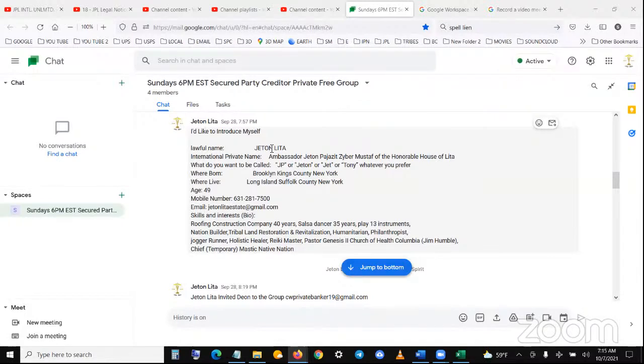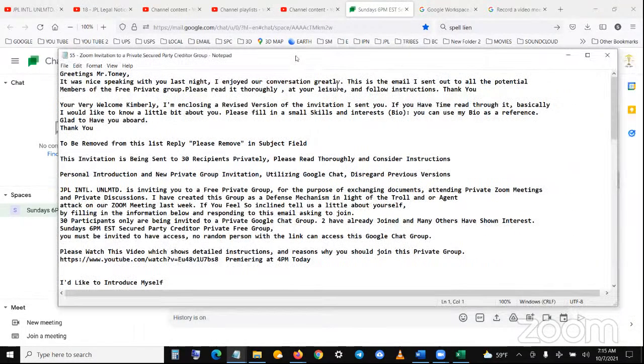So anyway, if you haven't gotten an invite, let me see if I can share what that invite looks like. Then email me for an invite. Free, remember. Where's the invite here? Invitation to secure. Let me see where it's going to open. All right, good. It opened up into another window. I'm going to go over this again. If you haven't received this, I'll give you a minute. Let me full screen it.